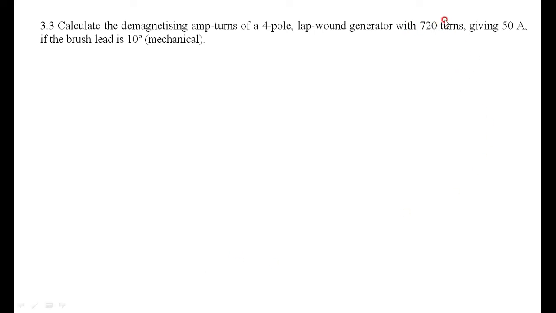Just look into Z. You have to calculate Z. Okay, there is a little bit of a twist given here. Lap-wound generator with 720 turns is given, the number of turns, not the number of conductors. Carrying 50 amperes, the brush lead is 10 degrees mechanical. You have to do this numerical very carefully. Okay, I is given. Z is 720 into 2, not 720, because he has given the number of turns. To calculate the number of conductors, what you have to do is multiply